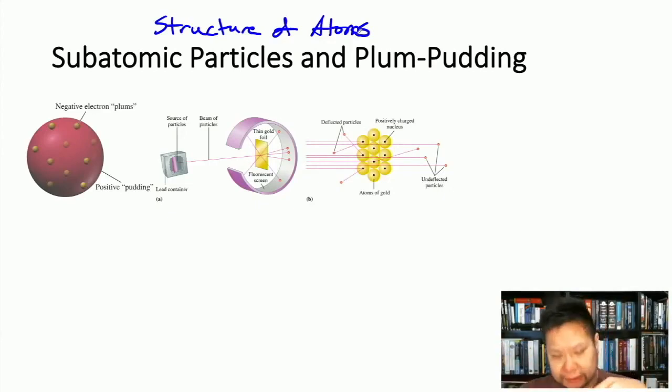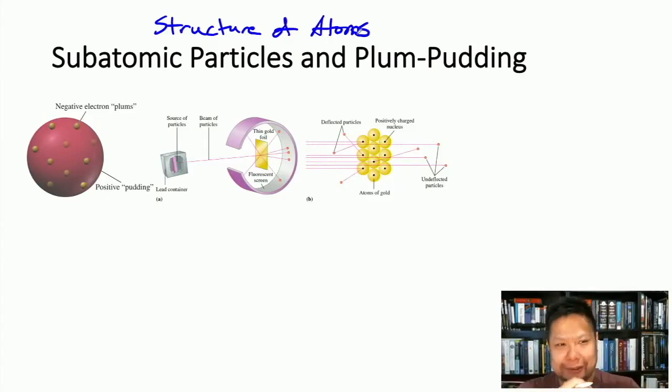He ran electricity through it, and he noticed that the particles inside this tube, the air molecules, were charged, because he was able to conduct electricity using the cathode tube. And so he surmised then that